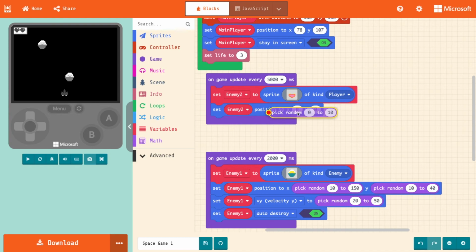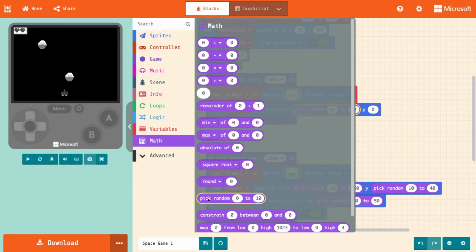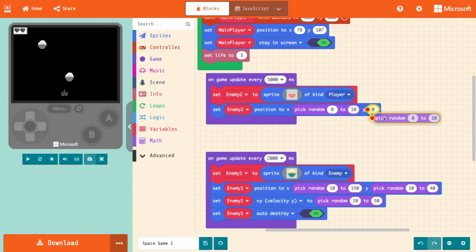So if I drag these both in, notice how I am putting them in now, right? I don't know if you just saw that as well. As I'm putting them in, they will hover in there. Okay, so we need to change that to pretty much the same sort of values. So if I do 10 to 150,